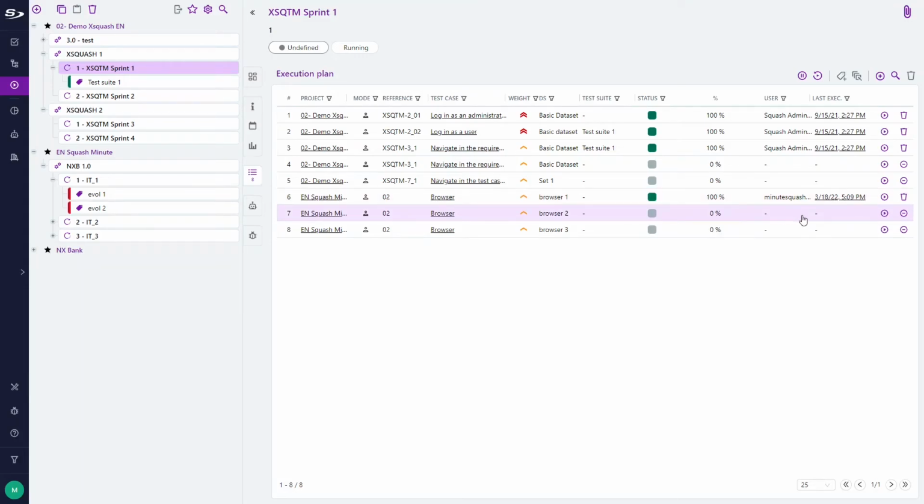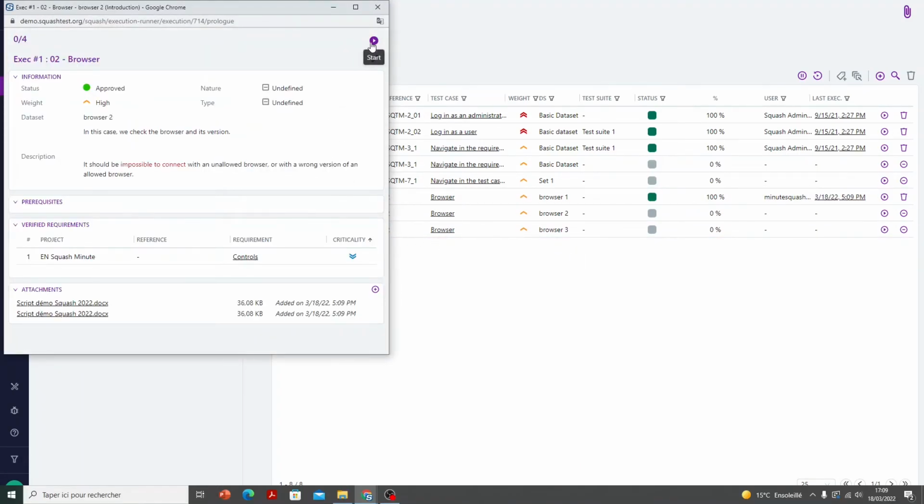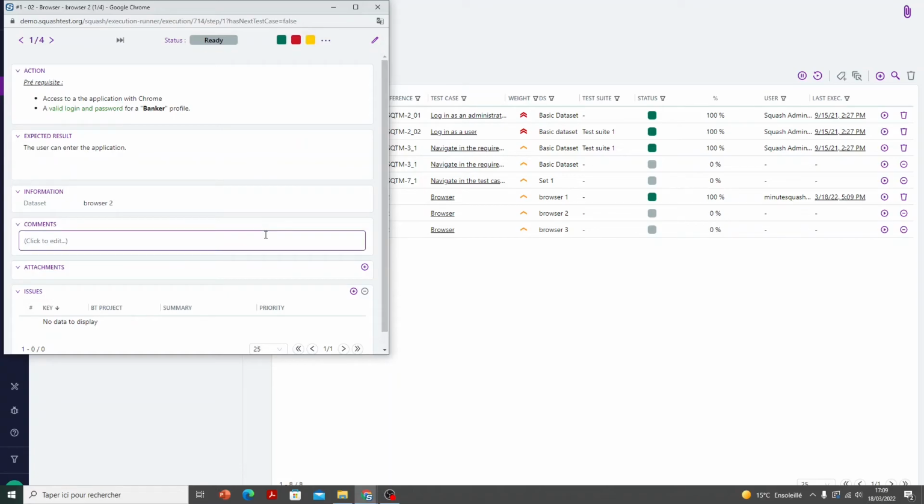Now let's imagine we want to execute a second test case, but this one is failed. So I begin the execution and I want to report a new anomaly to my developer team. For this demo, we are connected with Jira and benefit from the Jira BT plugin, which is included in the SquashTM Premium offer. It is also possible to connect SquashTM with other bug trackers, as Mantis, natively integrated with SquashTM, Azure DevOps, GitLab, Redmine, RTC, or Tulip.